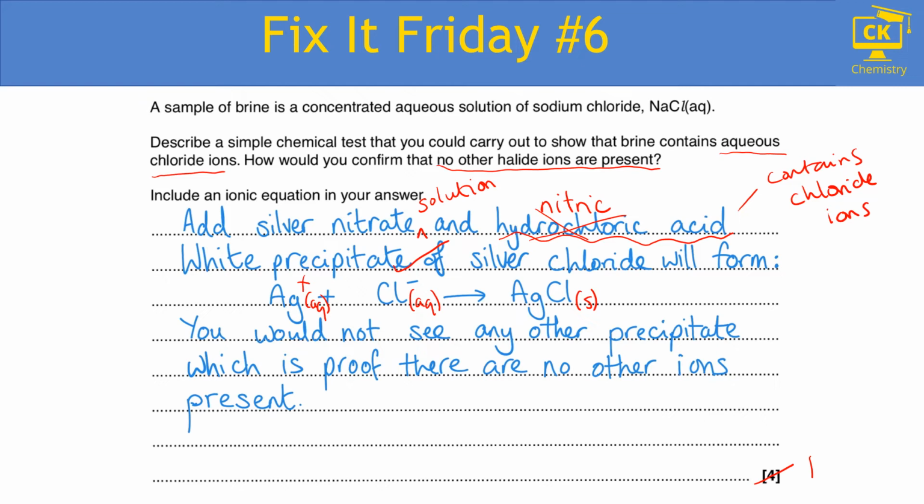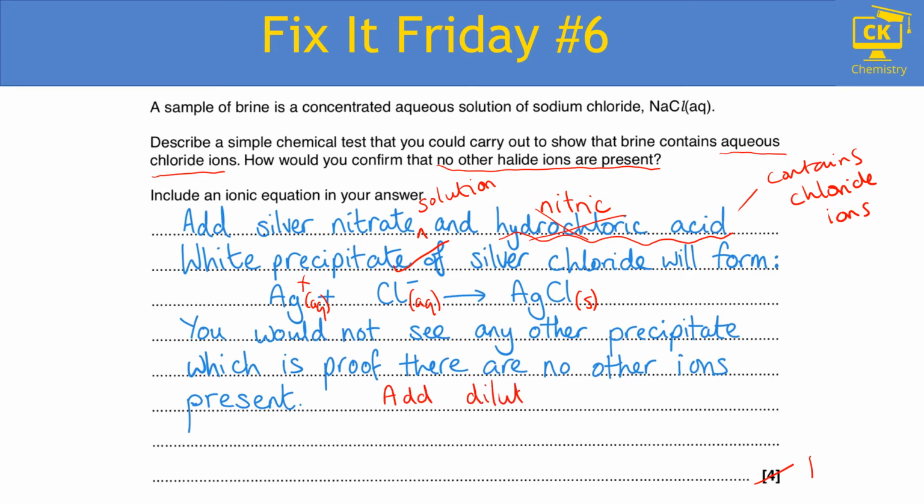And the last mark in this question is for confirming that no other halide ions are present. It says you will not see any other precipitate, which is proof there are no other ions present. Well, not really, because the precipitates could be difficult to see. So what they were really looking for is this extra part at A level with the halide ions, which is their solubility in ammonia. If I was definitely sure that the ions present were chloride, I would want to add